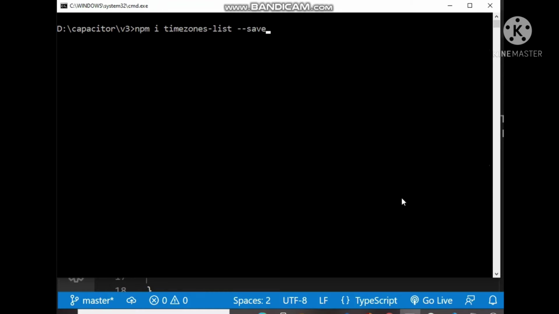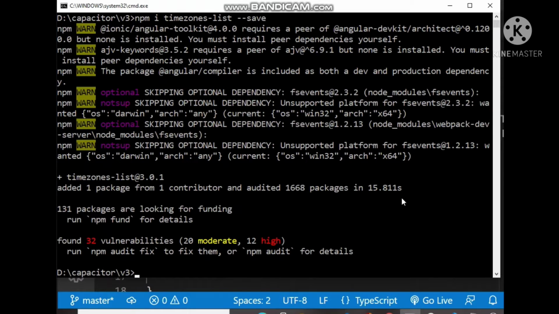For installing the plugin, we require this command: npm i install time zones list, and just click enter. Installed.